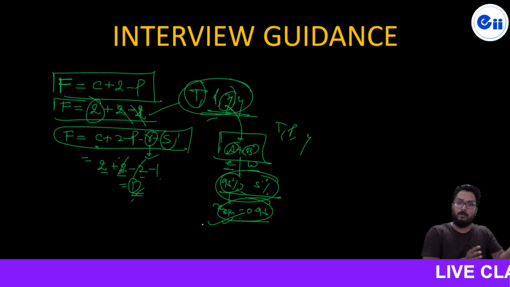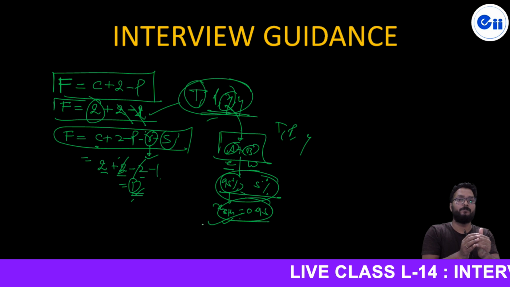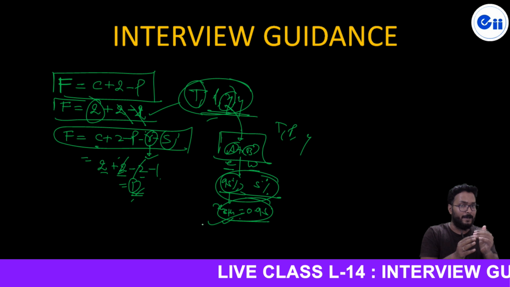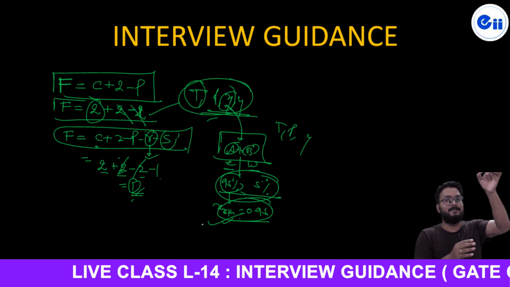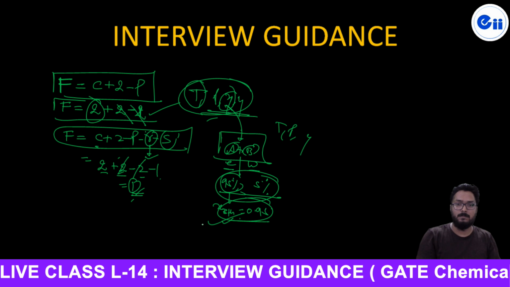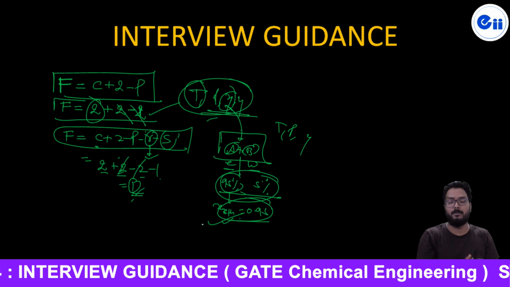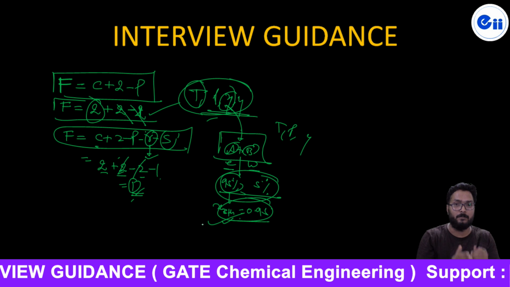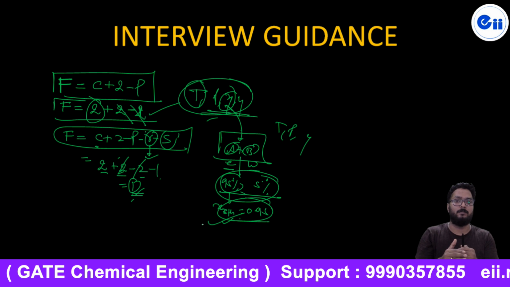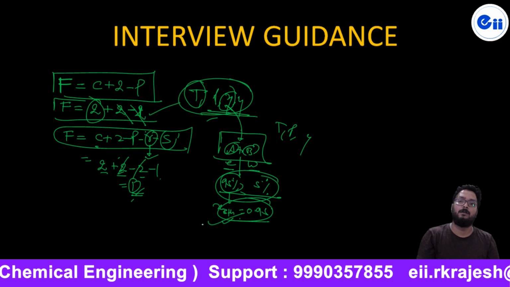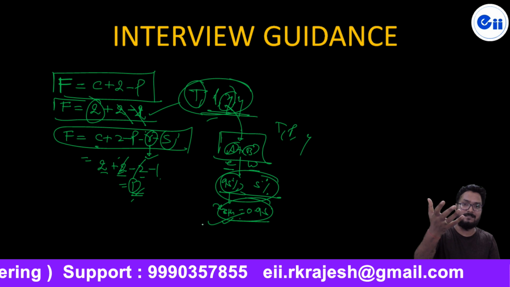While in normal operation, what happens? If the azeotrope is not going to form and we heat the liquid mixture, the first drop of liquid to vaporize is called the bubble point, then the composition changes, and ultimately at the last it reaches the dew point. So bubble point and dew point are different in normal operation if the mixture does not form an azeotrope. But if the mixture forms the azeotrope at a certain composition, there is no meaning of bubble point and dew point; both will be equal here. The mixture will boil at the common temperature, and the composition of ethanol and water in the vapor phase will be similar to that in the liquid phase.